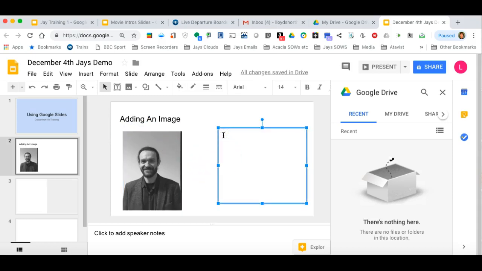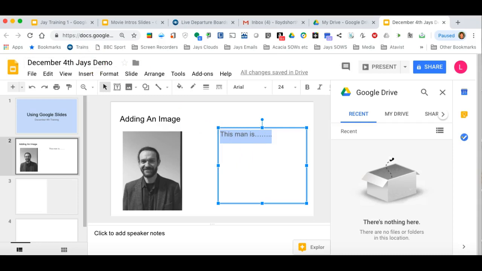I can then add text and say something about it, like that, and type something. Of course, if I want to change the font, here we are, and we can do that very easily. And we could add a lengthier description. I don't have time to tell you what I think about this image because I only have limited time for